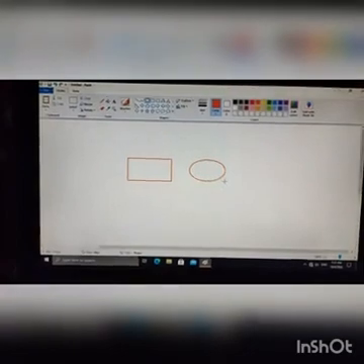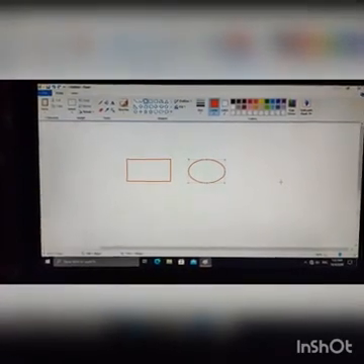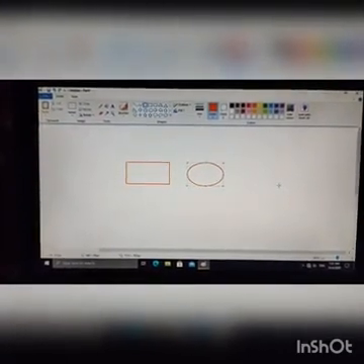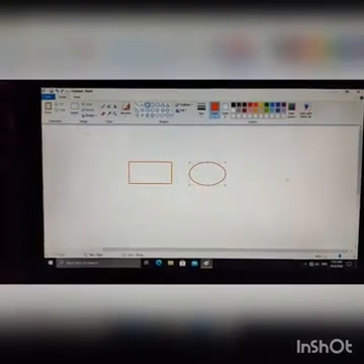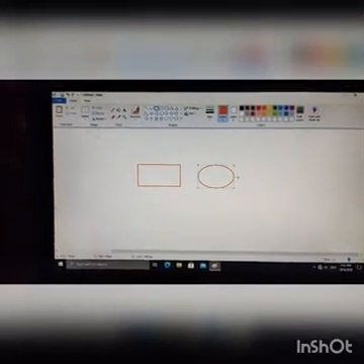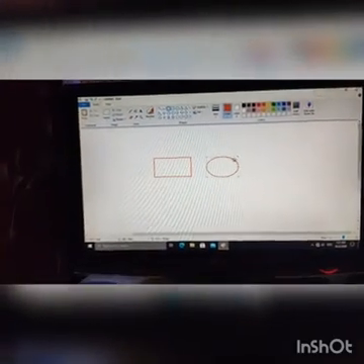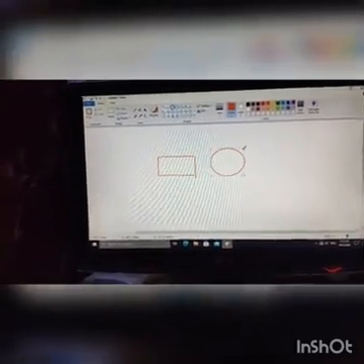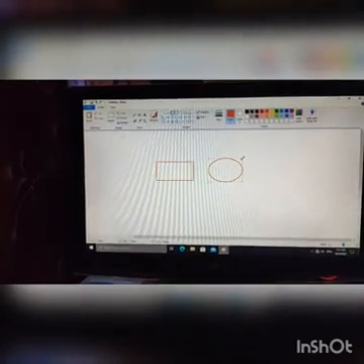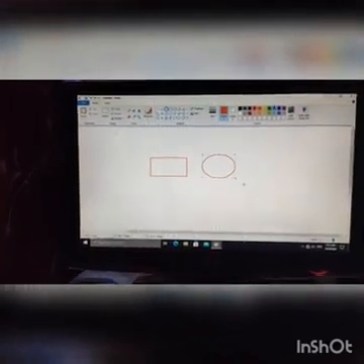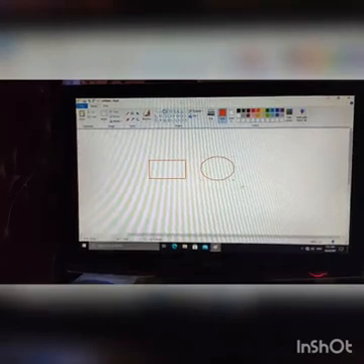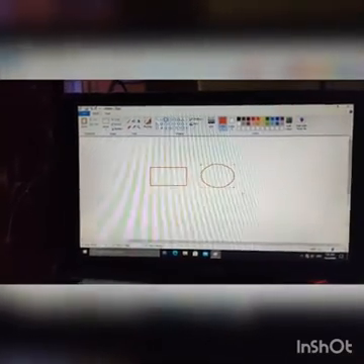It is used to draw an oval shape, or you can draw a circle also. An oval shape is like an egg shape. You can convert it into circle also by pressing shift and oval tool.